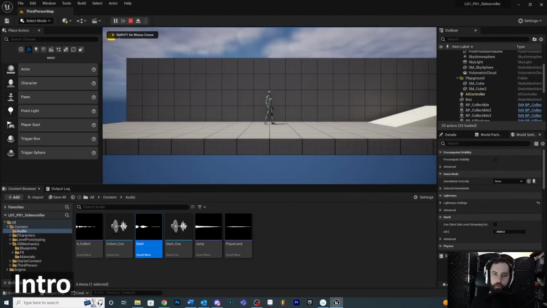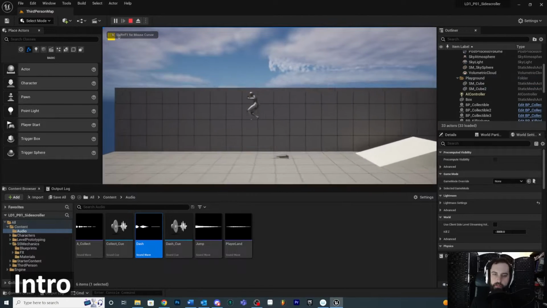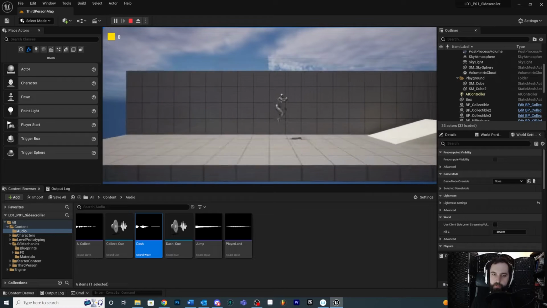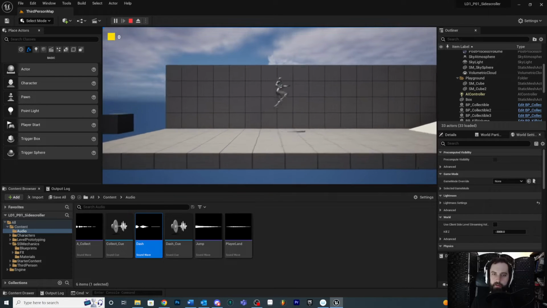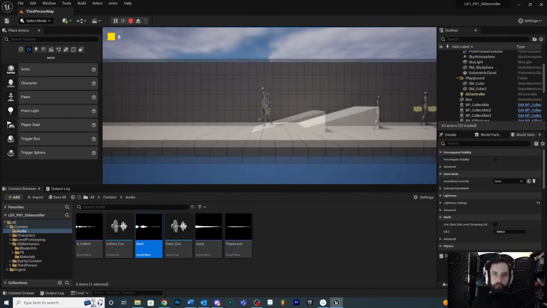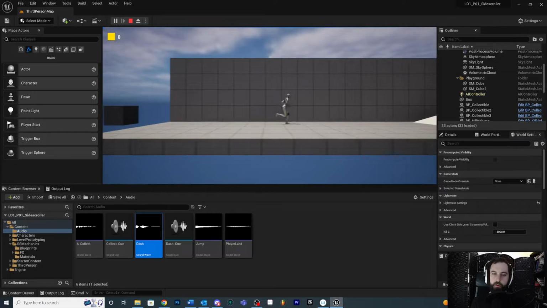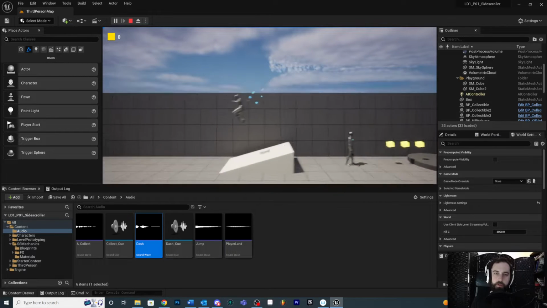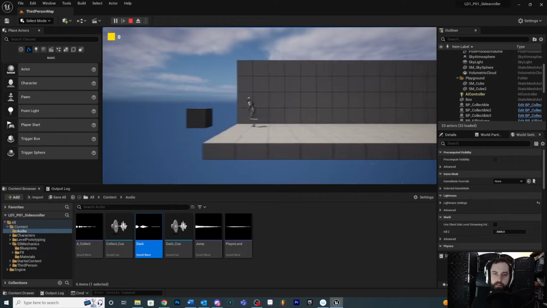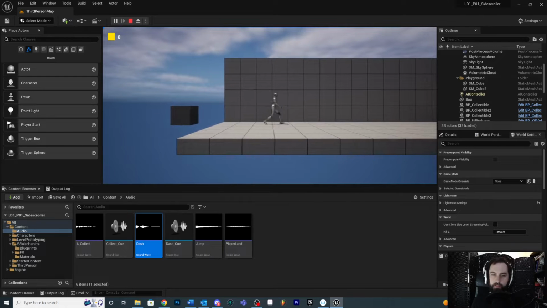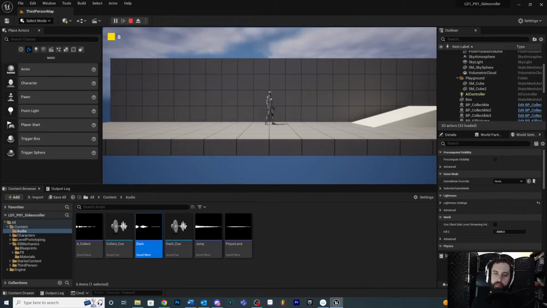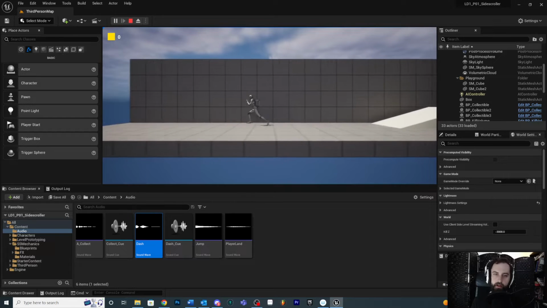In this video, we're going to add a dash ability to our side-scrolling character. So if we come over here, we press a button and dash just like that. Basically we want to be able to move around our level. You can see it'll go mostly horizontal. Sometimes it'll go slightly diagonal. You can have more complexity later, but we'll look at how to implement this and trigger some basic audio and